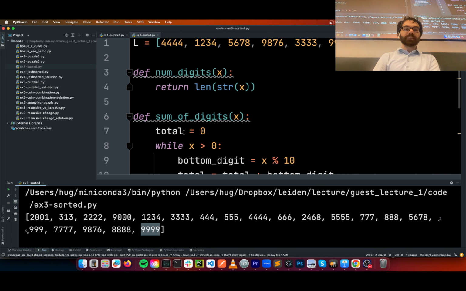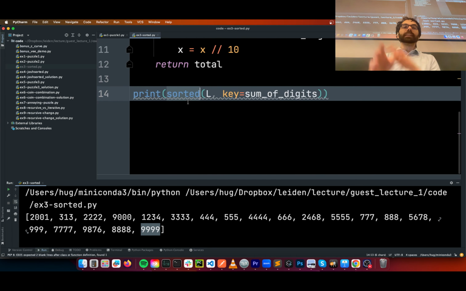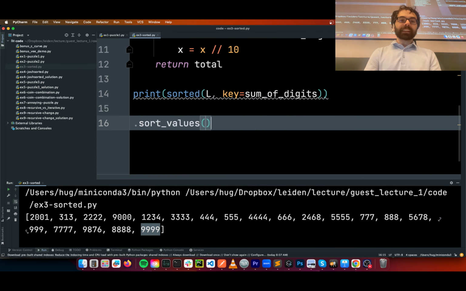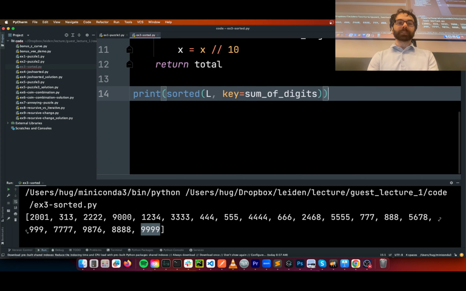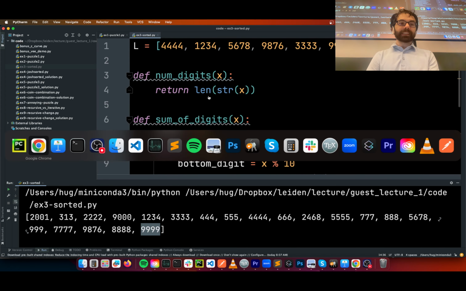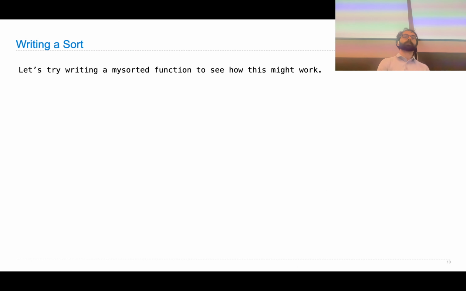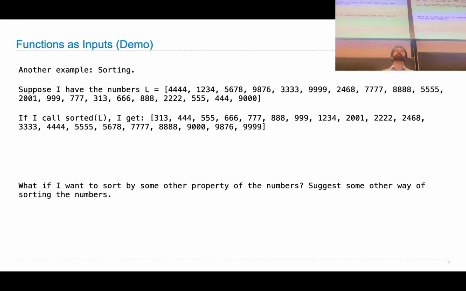Often you're not going to be using sorted, but something like sort values in the library you'll probably use with data frames, and you pass a function about how you want to sort them. This is very normal and a lovely place where passing functions as an argument is really useful. Okay. All right. Any other questions about this?